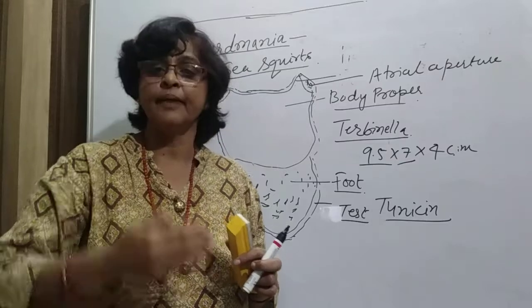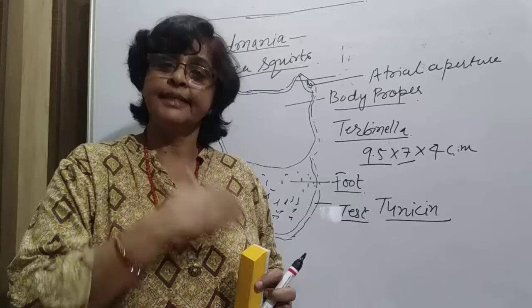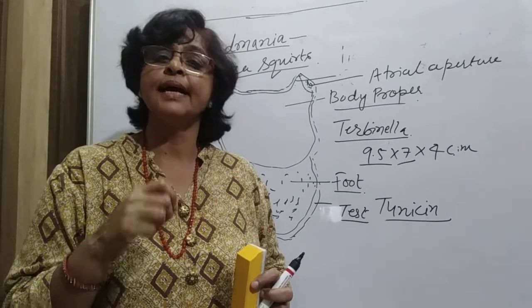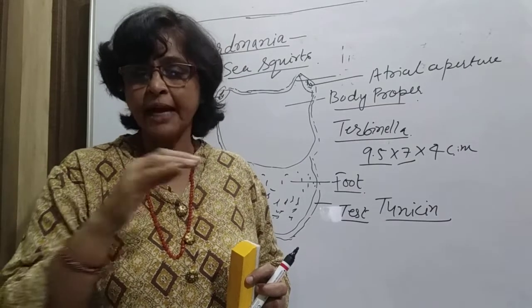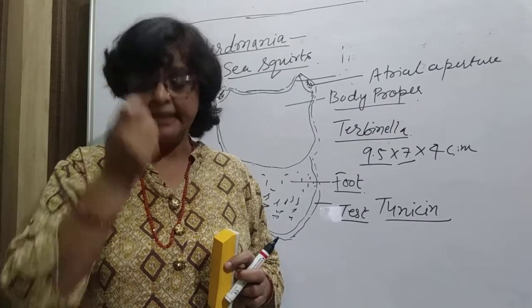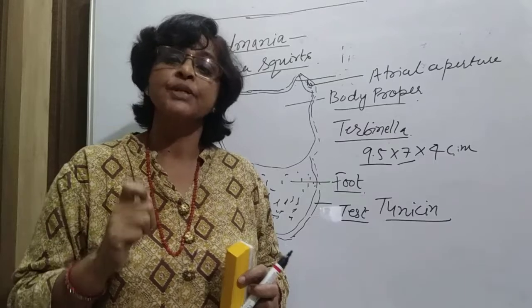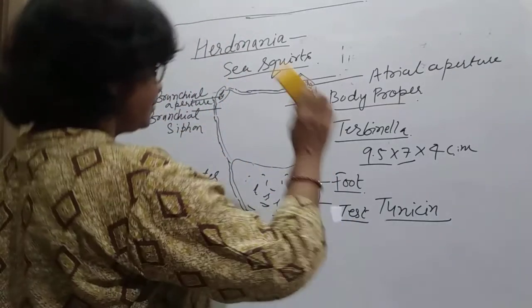If we cut the vertical section of this test, besides these there are a number of types of cells, interlacing fibers, and various types of spicules. So if we see the structure of the test,